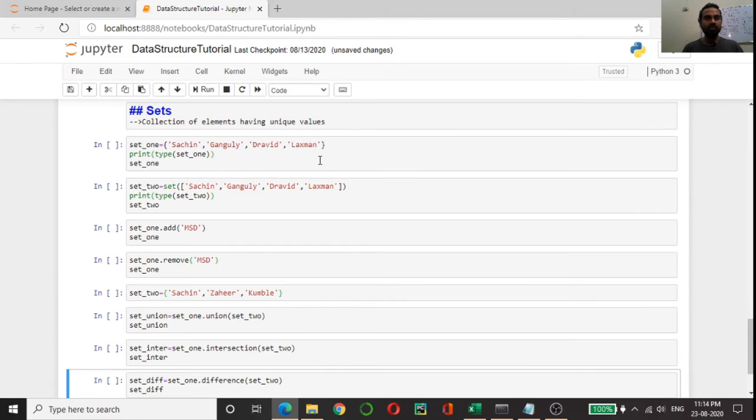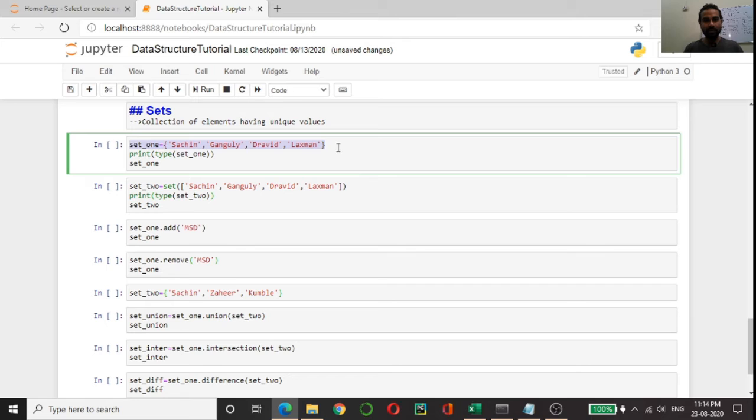Okay, so the last type of data structure in Python is called a set. A set is a collection of elements, but the important point is that in a set we can have only unique values. There cannot be any duplicate value. To define a set, we simply pass the values inside curly braces like I have done here.